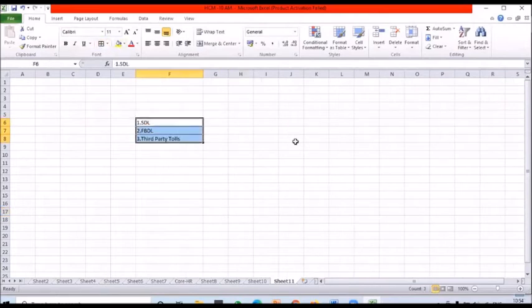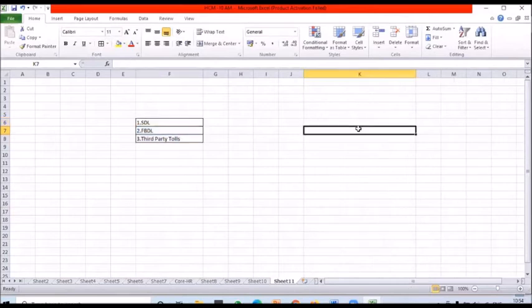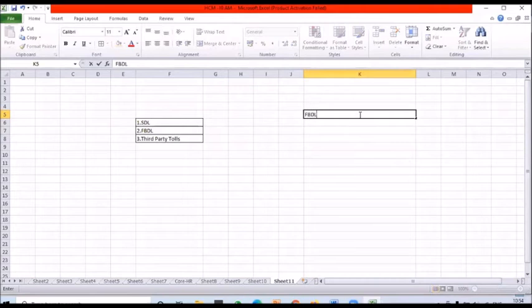In the FBDL case, first we need to set up the template. You need to find out where the FBDL templates are available, so you can go and download the FBDL template.